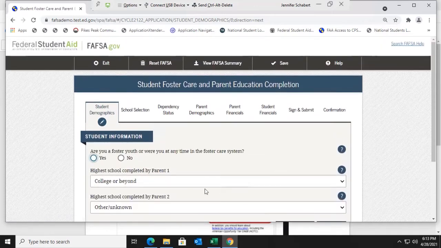And click Next. The next question asks if you are currently in the foster youth system or have ever been within the foster youth system since turning the age of 13. We will say no to this question for this student. If you have been in the foster care system and you marked yes to this question, please contact the financial aid office of the college you are attending, as they will need additional information from you regarding your status in